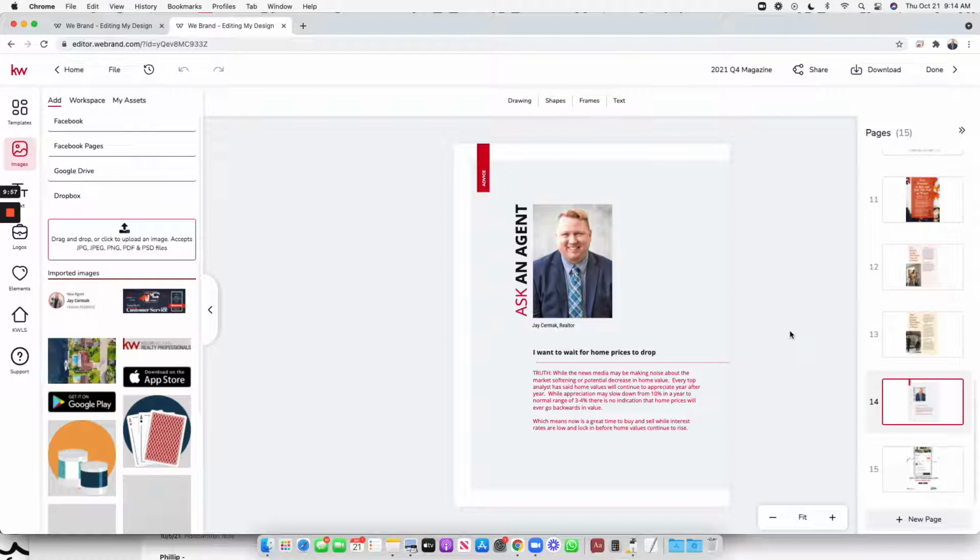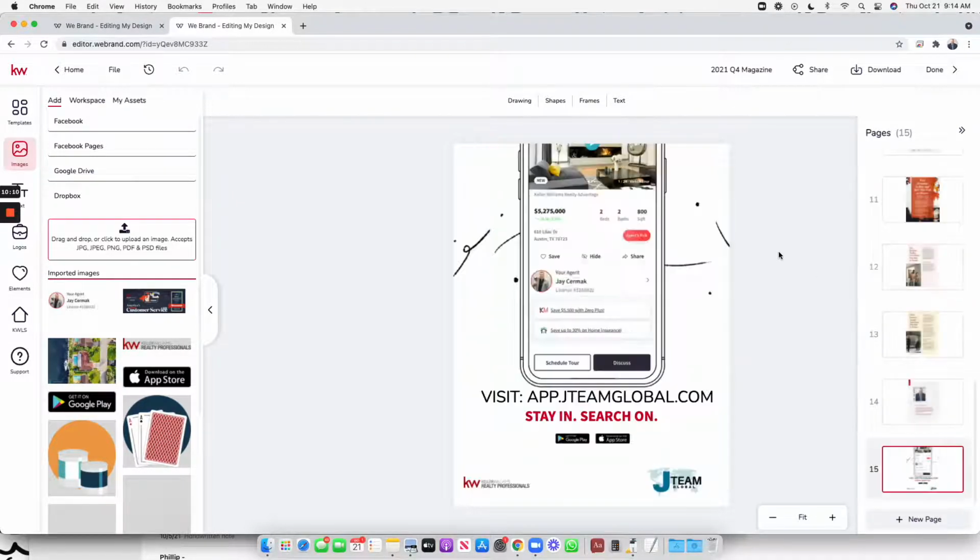Which means now's a great time to buy and sell while interest rates are low and lock in before home values continue to rise. So it's just taking an objection they might have and then turning it into something in here of value. Finally, the last page was the app,